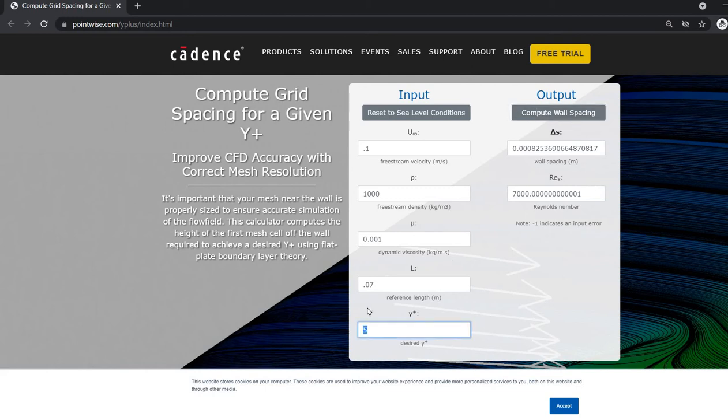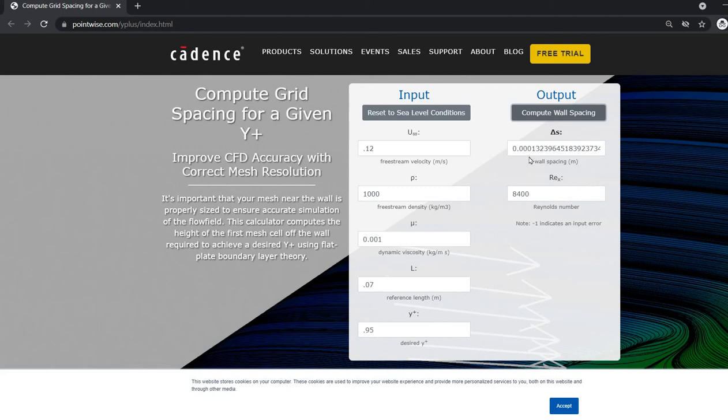Whenever we are completely resolving this region up to the wall, we have to resolve it at wall y plus equal to 1. For wall y plus equal to 1, the first cell height should be 0.165 mm. I will increase the velocity by 20% and give wall y plus equal to 0.95, so that our first cell height will remain well below y plus equal to 1.